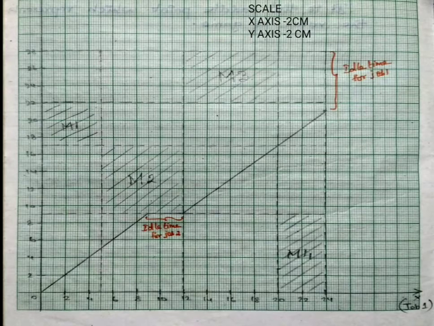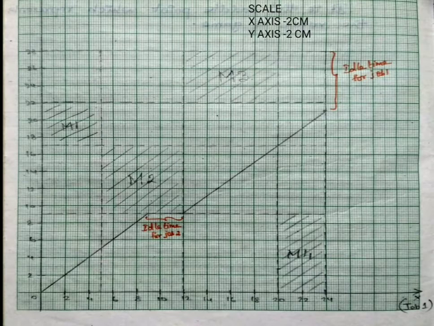Now we have to draw the line for 12, parallel to the job 2 axis, that is parallel to the y-axis. The next region for job 2 will be M2, which is 9 to 17. For 9 you have to draw the line, and similarly for 17 you also have to draw the line. So the intersection space will be M2. You have to use a graph, then only the problem will be easiest.